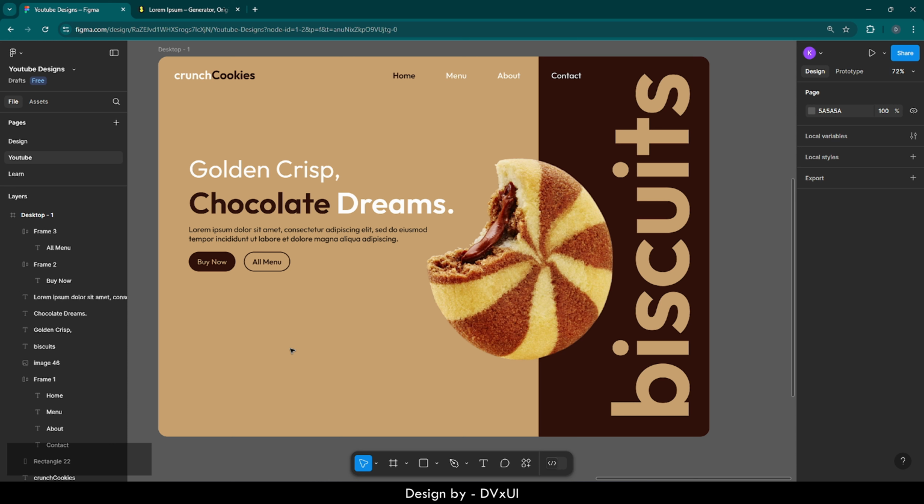So yes, the alignment part is also done. Now if you see, overall we are done with the design, but this hero section looks kind of empty. It has a large void space over here. We need to fill it somehow. For that, we are going to think of something creative. So let's go to our resources frame,